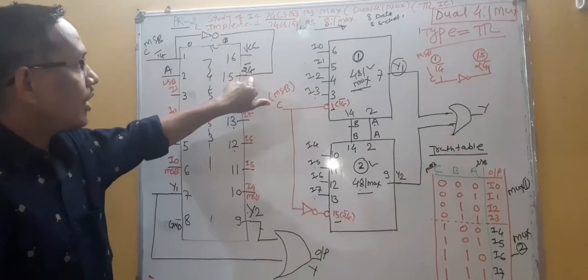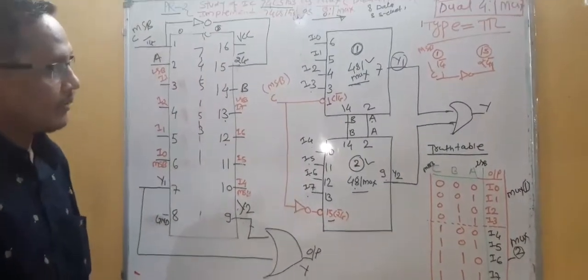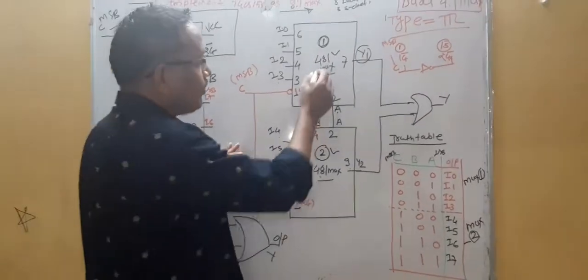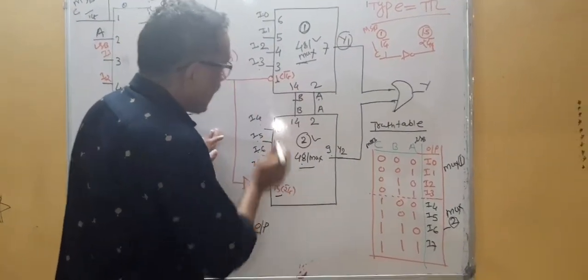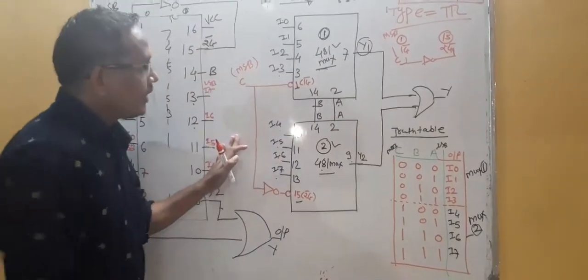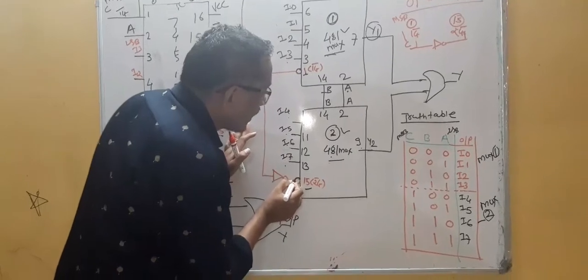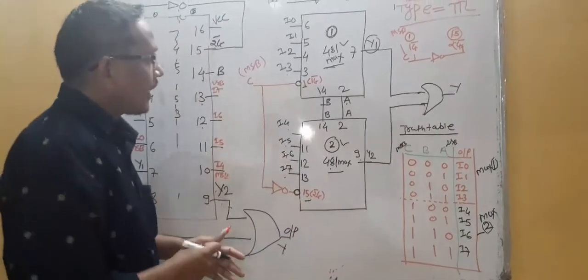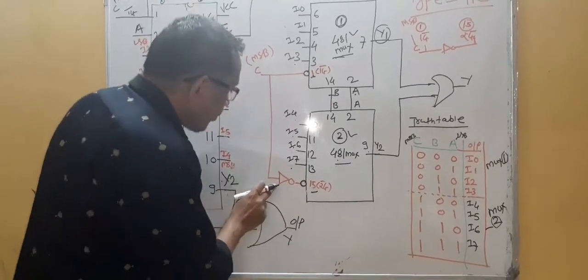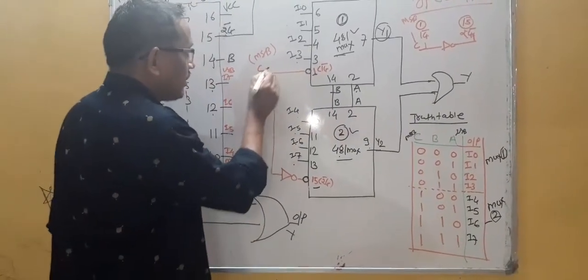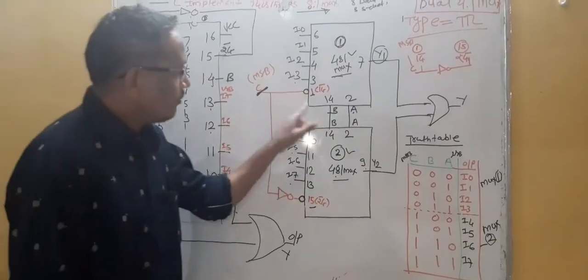Active low means that to implement a single 4:1 multiplexer, I connect this pin to ground. In this case, to implement the 8:1 multiplexer, between pin number 1 and pin number 15, I will connect one inverter. This bubble indicates an active low signal. At the input of this inverter, I will consider the third select input, called C. That's why it is called CBA.